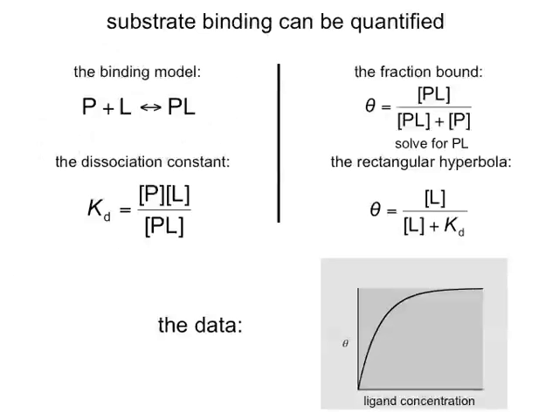So we can extract a KD. Now, another reason for extracting a KD is that we can make comparisons between one system and another. We make a mutant in myoglobin, for example, or we present an alternative ligand, and then we can establish the differences in binding affinities of the protein for those different ligands or in those different backgrounds, if